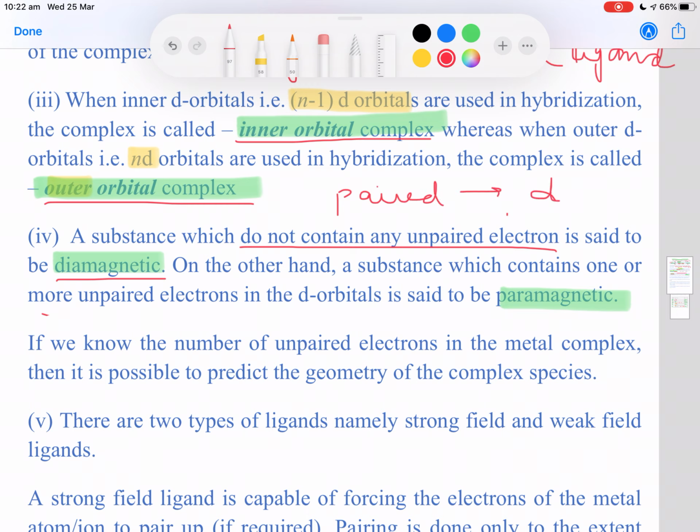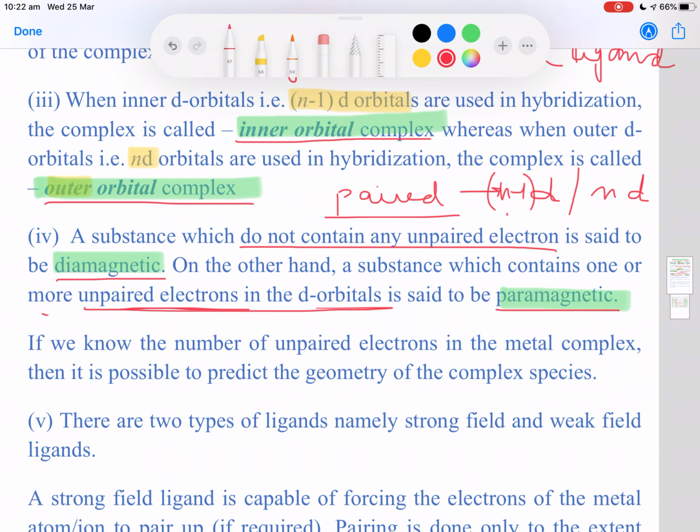The d orbital, which could be the n minus 1 d orbital or the nd orbital. If all these orbitals contain paired electrons, it is said to be diamagnetic. If any complex contains unpaired electrons in its d orbital, again penultimate d or outer d orbital, then such complexes are said to be